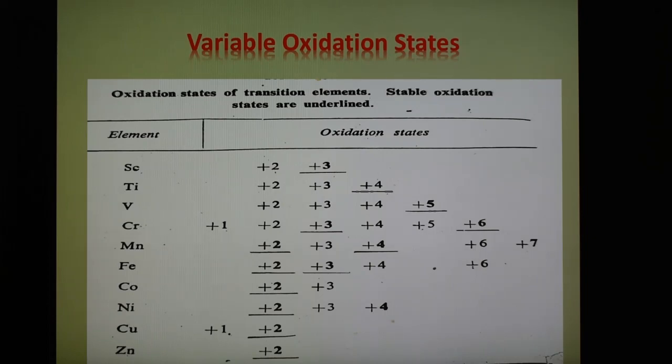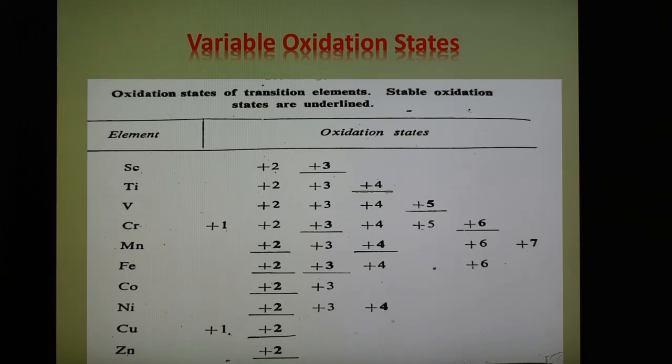Again, I am repeating that the lower the oxidation state of the element, the more generally ionic in nature they are, and covalent also. The ionic and covalent character can be explained on the basis of oxidation state. So first transition series elements show variable oxidation states. From scandium to zinc, all elements other than zinc show variable oxidation states. Zinc has a stable configuration, 3d10 4s2, so it shows the +2 oxidation state. So there are three important points: minimum and maximum oxidation state, stable and unstable, and the common oxidation state.